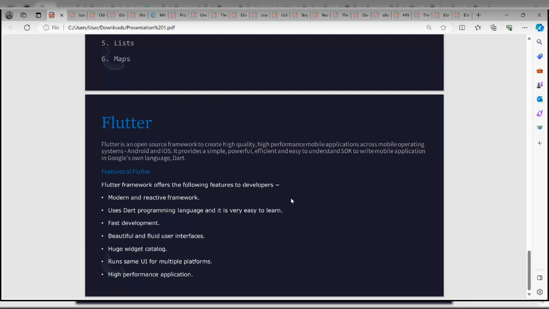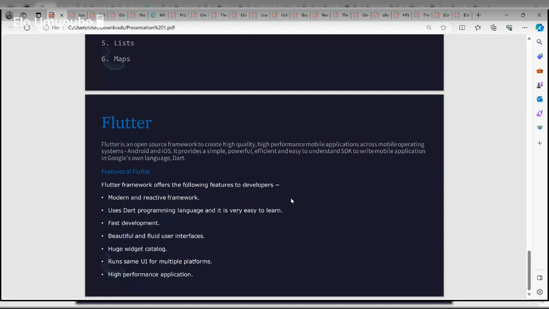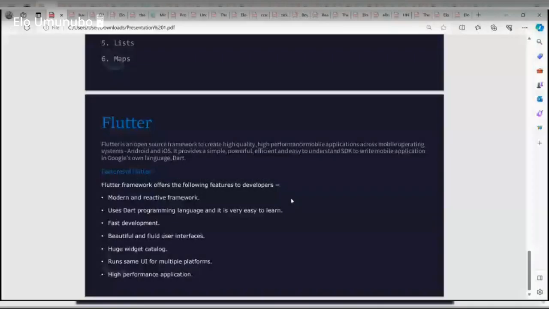So I think in the next class, we're going to look at widgets. In Flutter, everything is a widget. For example, a button is a widget. Icons are widgets.